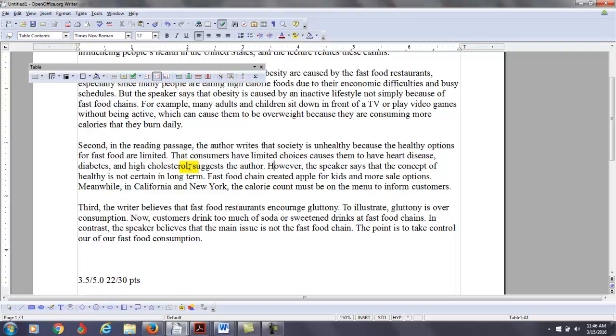Now, I think you need to, whatever you say here needs to go back to limited. So they're saying there are healthier options now, right?